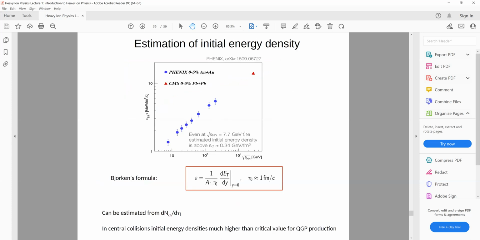So why is this estimation of dN/dη important? Once you identify the particles, you can also calculate the rapidity distribution dN/dy for different particles. You cannot do dN/dy for all charged particles, of course, for obvious reasons. So once you identify the hadrons, you can have the dN/dy for different hadrons. And there is a celebrated formula, called Bjorken's formula, from where you can calculate the initial energy density of the condition.